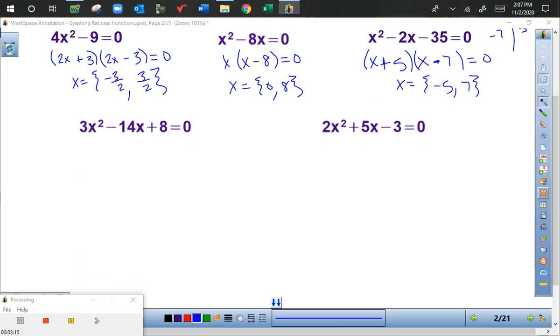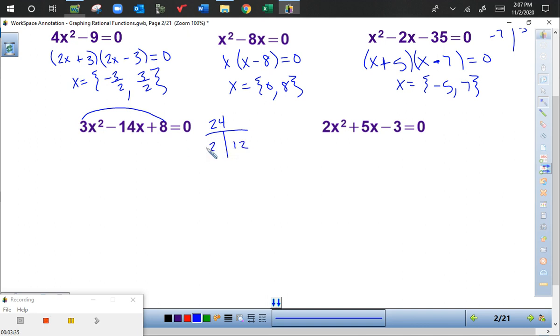The last two we have to do frowning face factoring for, because the a value is not 1 and there's not a GCF. So we're taking 3 times 8 to get to 24, and we're still looking at the factors that can add to, this time, a negative 14. So 24, we can use 2 and 12. If I need a negative 14, I need negative on both of these, that way I'm multiplying to be a positive still. Okay. In Algebra 2, you learned that these factors you can split here and say 3x squared,